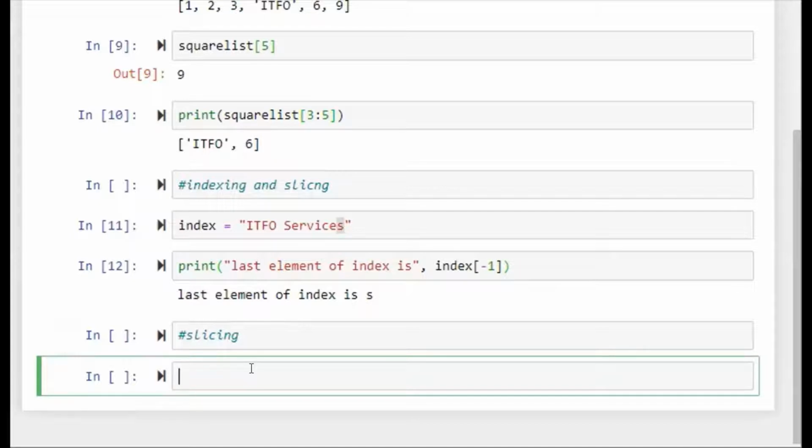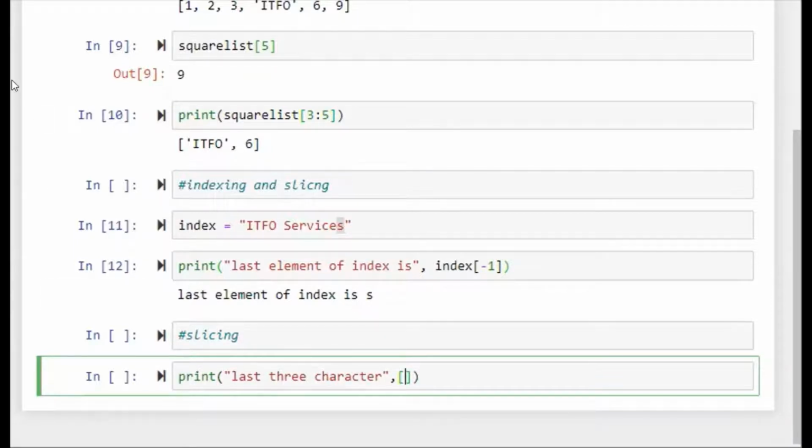For example, we want to see the last three characters. So what we do is print the last three characters, and we use double commas for this purpose and give the arguments.